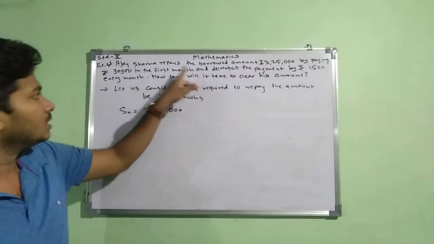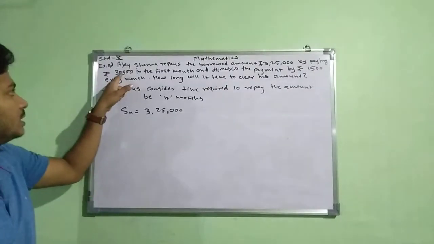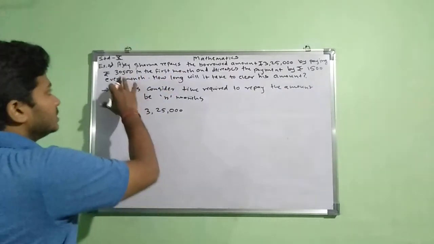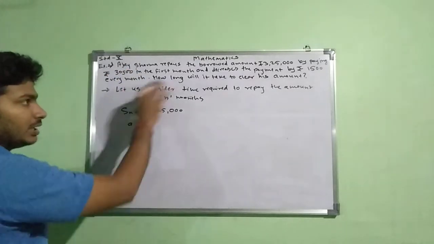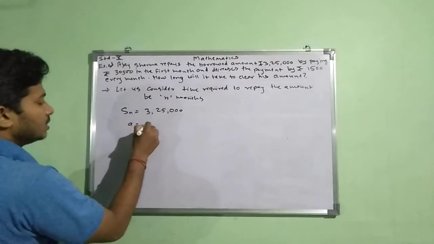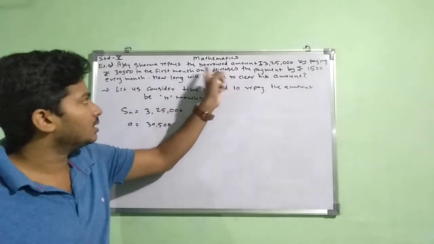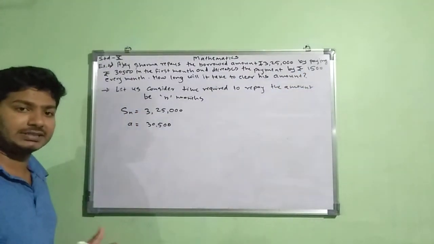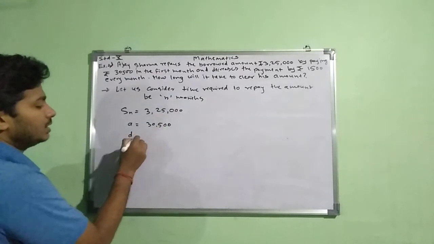And what else they have given? They have given that by paying 30,500 in the first month, that means the first installment he has given, which is 30,500. So that first term, we know in arithmetic progression the first term is denoted as a. So a we have, which is 30,500, and here the payment has decreased by rupees 1,500. That means every month the payment has decreased, that means the common difference, denoted by d, is